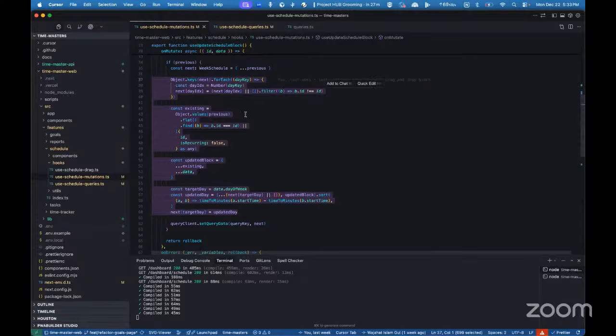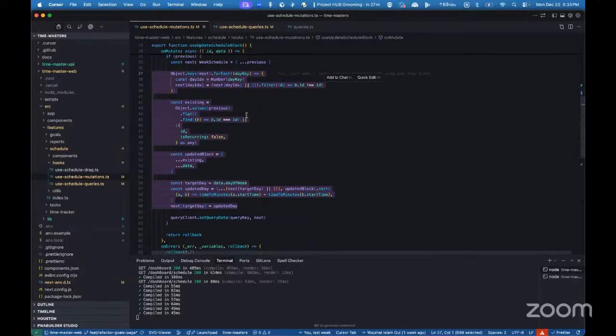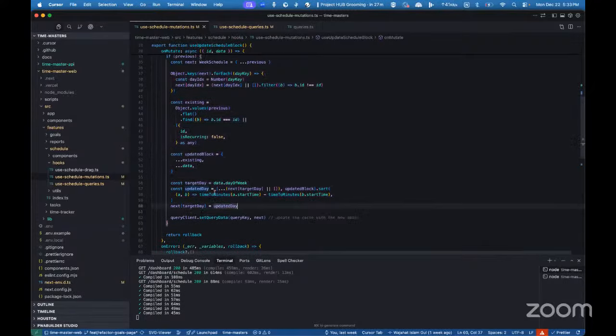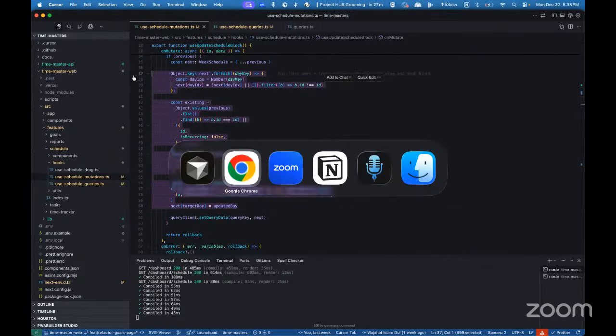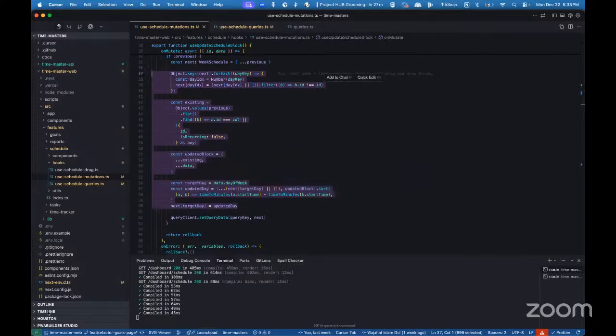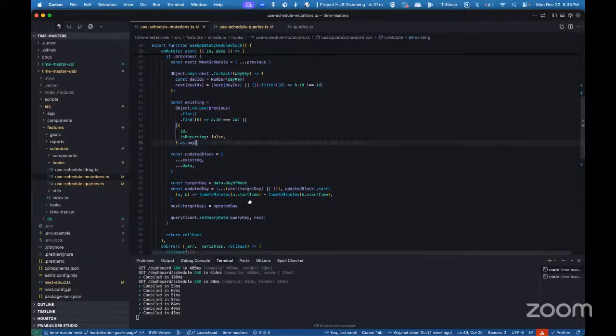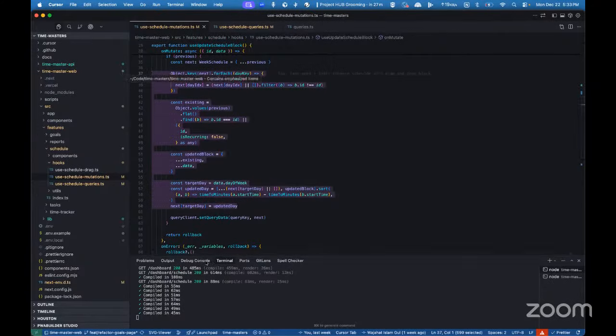रोल बैक मतलब, फॉर एग्जांपल अभी हमने जो कैंसिल क्यूरीज की हैं, वो किस केस में चलेगा? कैंसिल क्यूरीज, फॉर एग्जांपल अगर मैं एक ड्रैग एंड ड्रॉप करता हूँ, मैं यूजर को मंडे से ट्यूसडे शो कर देता हूँ और एपीआई कॉल से रिस्पॉन्स थोड़ा लेट आता है। अब मैंने तो यूजर को शो कर दिया।